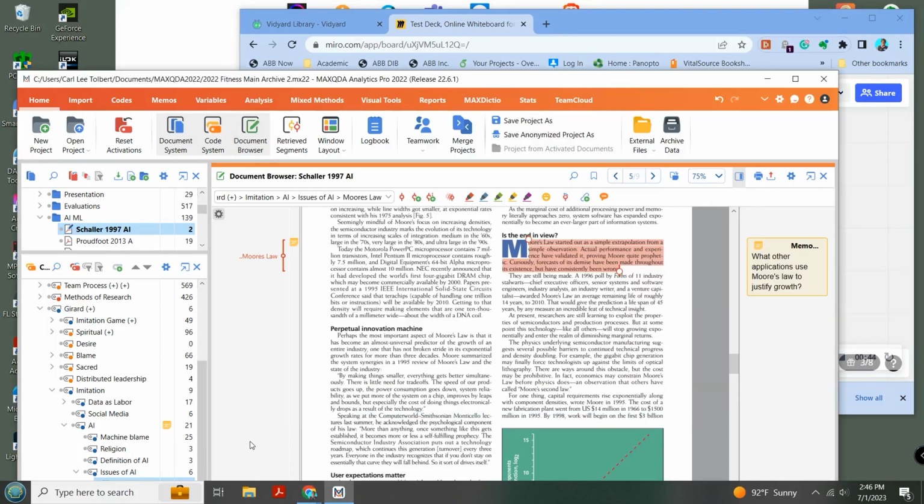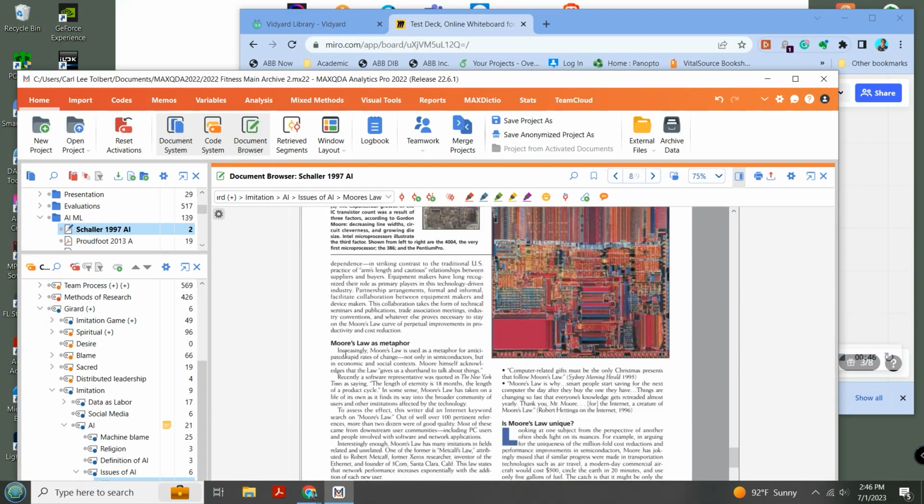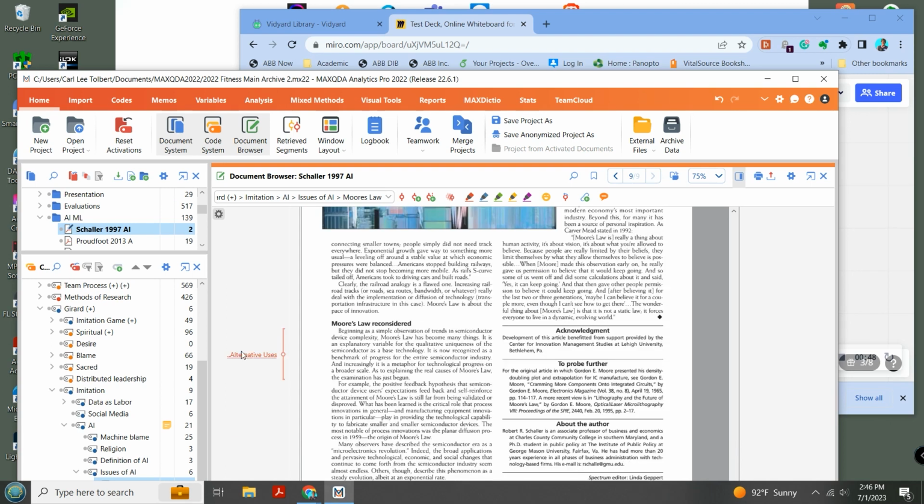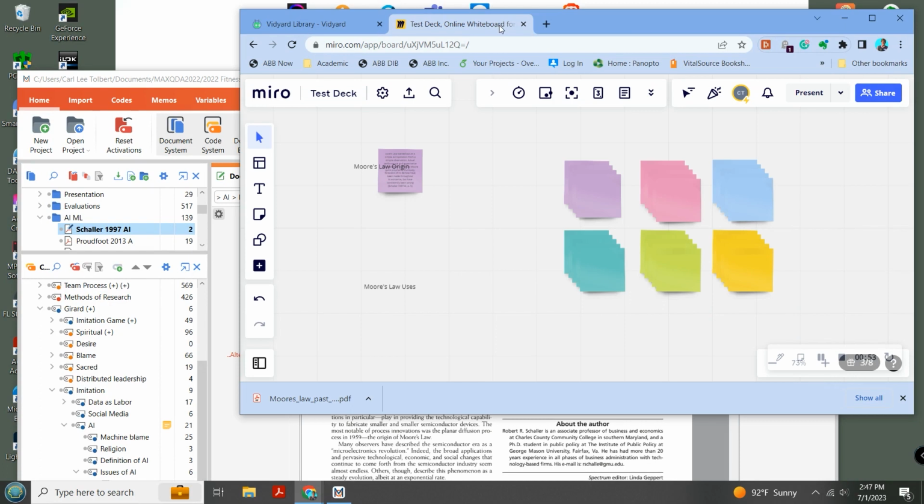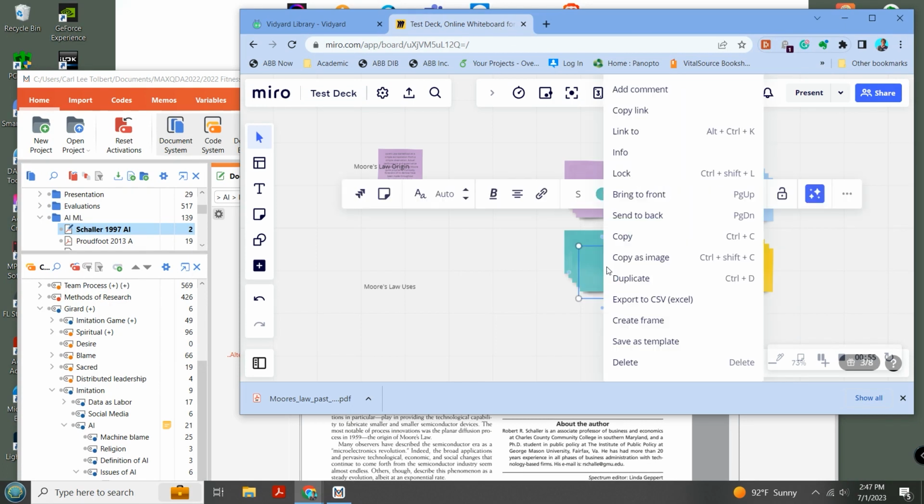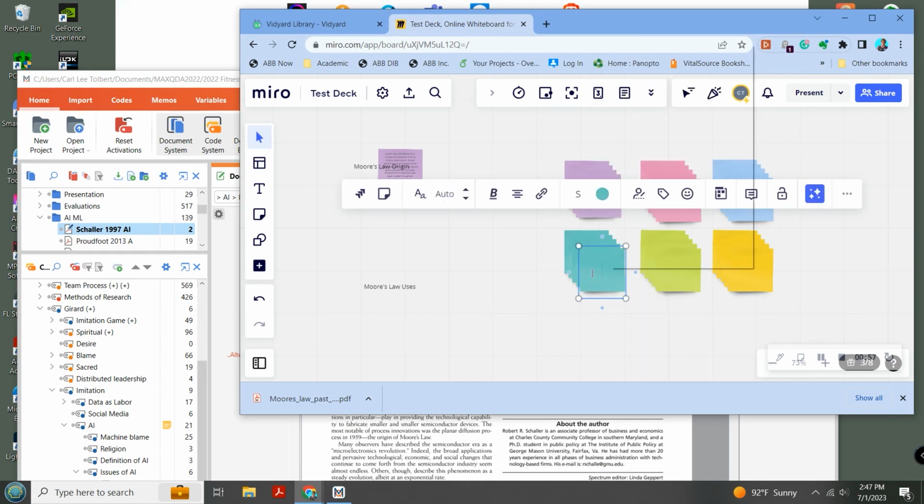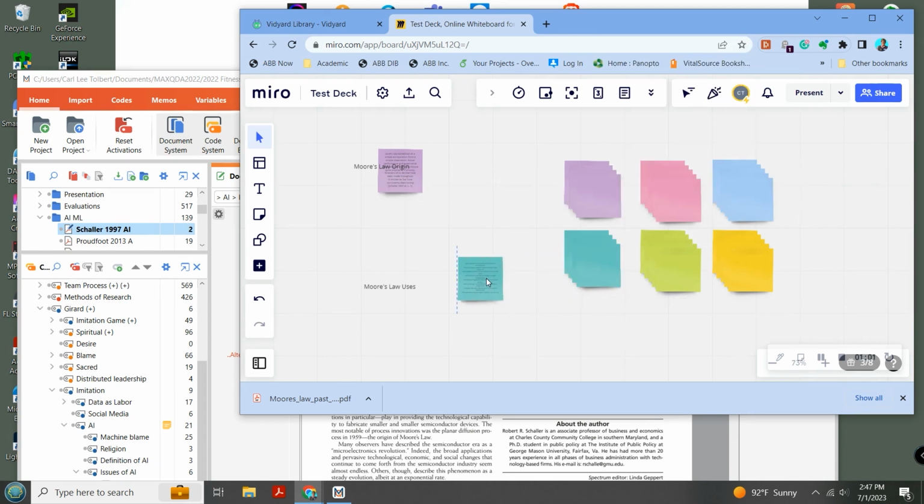And then the other code, I'm going to move down, and I know that it was something to do with alternative uses, so I'm going to copy that one. And I'm going to pick another color, and dump that one, paste. Right. Now, I'm going to move that over to Moore's Law uses. So if I go up,